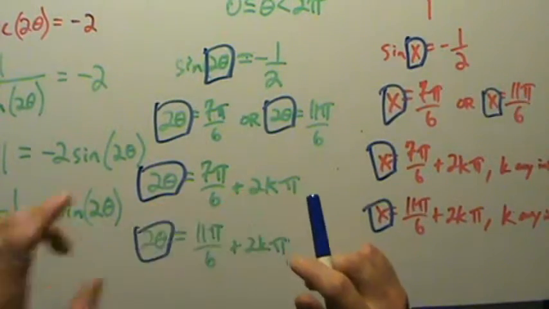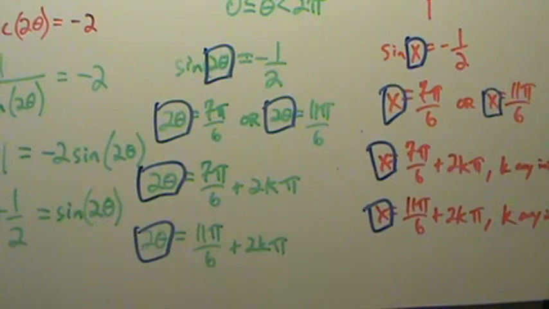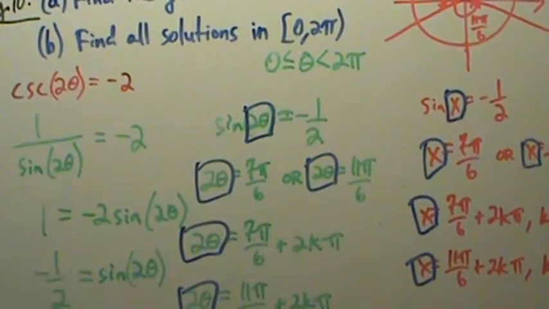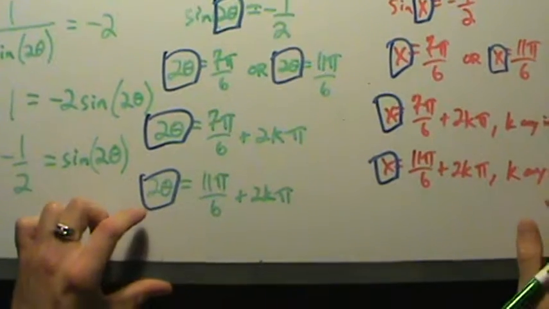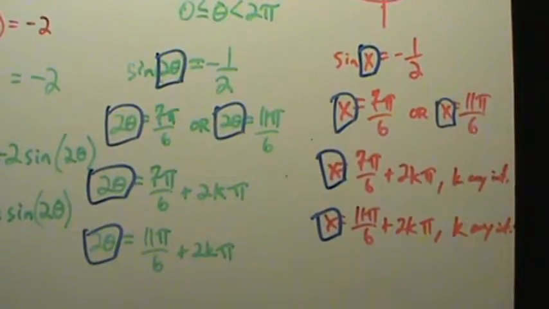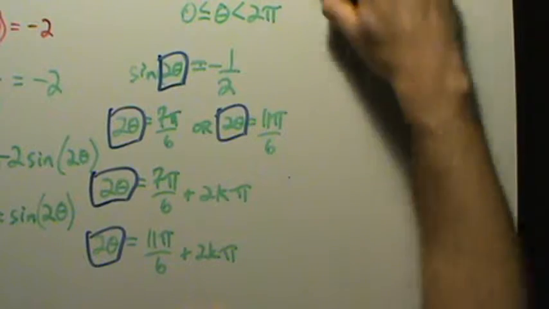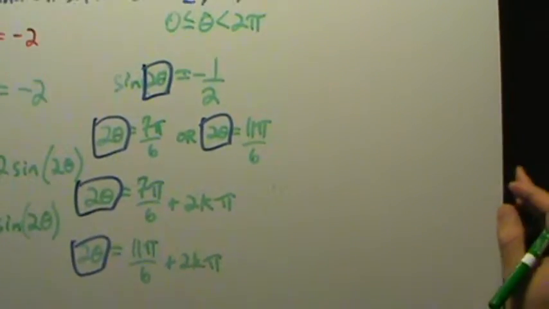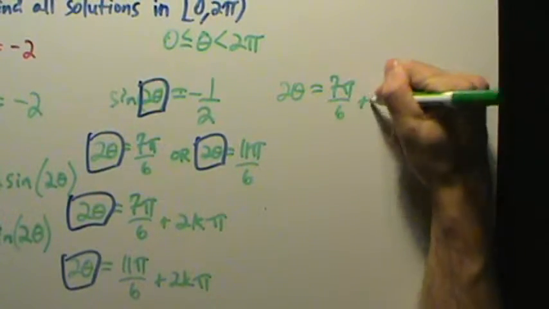Add 2k pi first, then get theta by itself. Okay, first add the 2k pi, then isolate the theta. And again, we're adding 2k pi because it's cosecant, and cosecant has period 2 pi. Okay, now we can divide everything by 2 and simplify. So let's erase this because we're kind of out of room. Okay, so if 2 theta is 7 pi over 6 plus 2k pi,